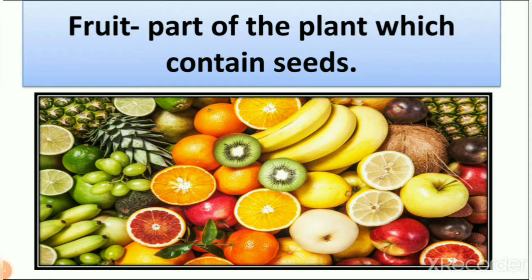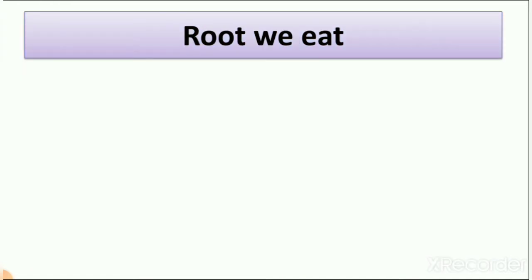We also learned that some vegetables which we eat are the fruit part of the plant. So some vegetables are also fruit of the plant. This we learn in lesson number 4. Today we learn which vegetables we eat and how we identify them. So let's see what we learned about vegetables and fruits. We learned about root vegetables, stem vegetables, leaf vegetables and flowers we eat.